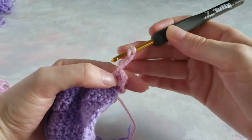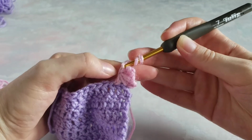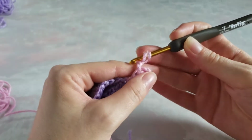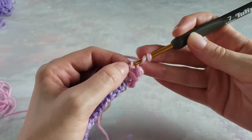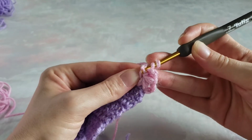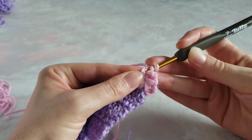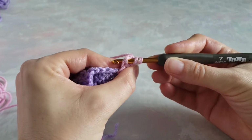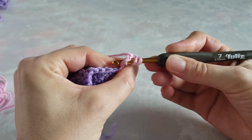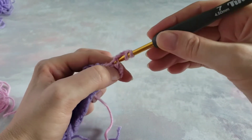1 2 3. The fourth one is that one with which we closed the cluster. So again, try to insert your hook in this strand and this one, under these two. This way it won't be stretching. Yarn over, pull up a loop,